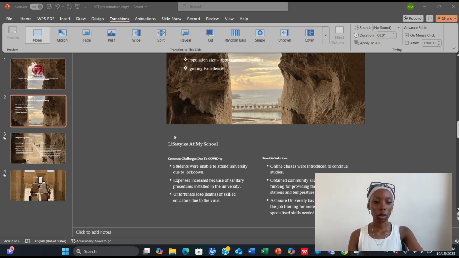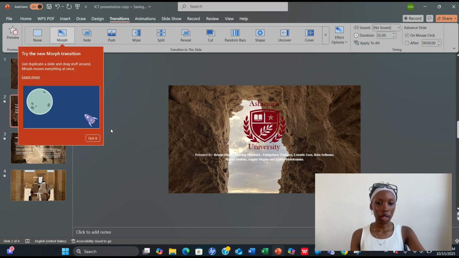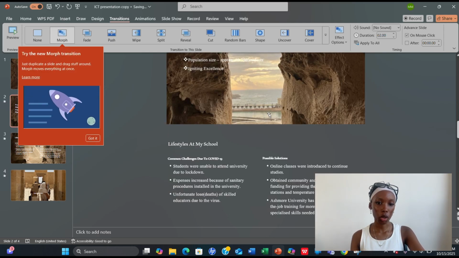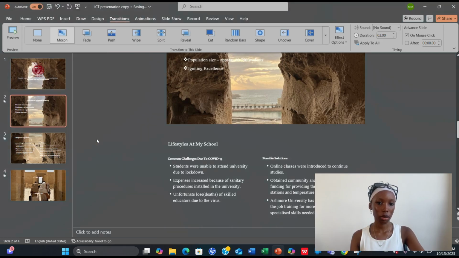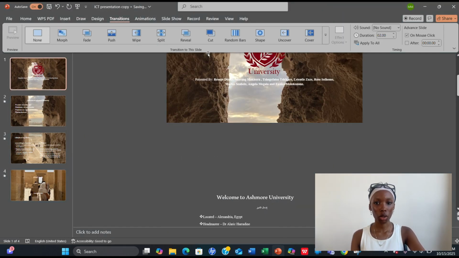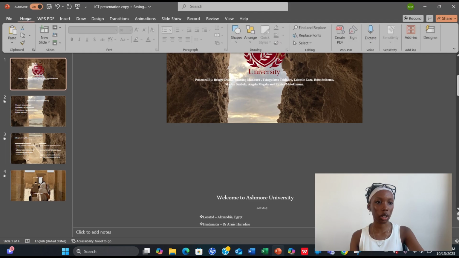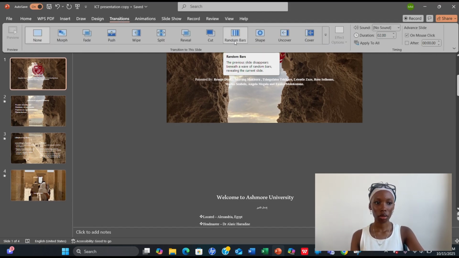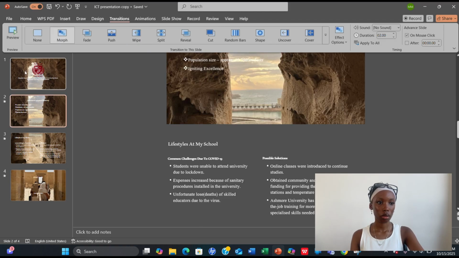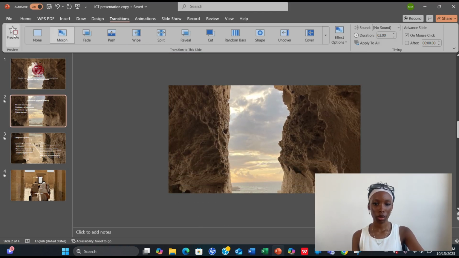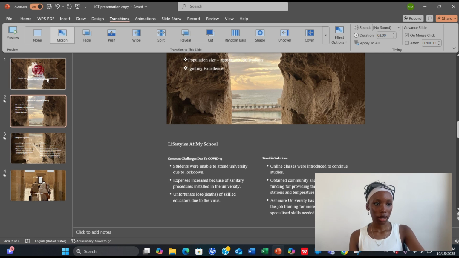And now that we're done with copying and pasting all the words onto the slide, we're going to go to transitions. And within transitions, we're going to go to morph. And it's showing us an example of how it's going to look when it is done like that. So if we didn't see, we're going to redo it again so that you can see properly how it looked like. Preview. Alright, so now